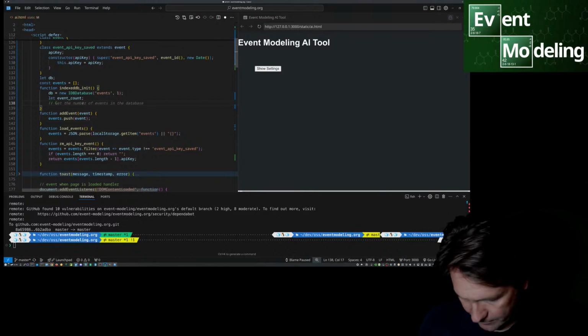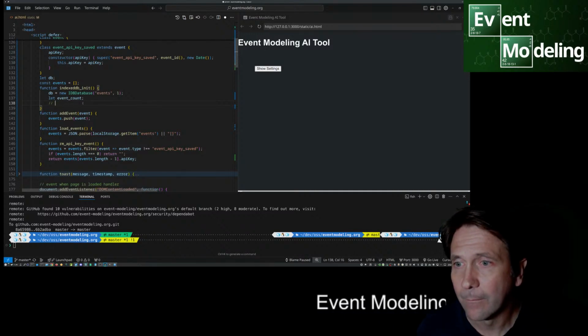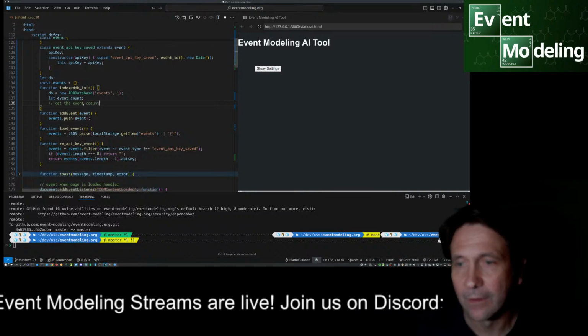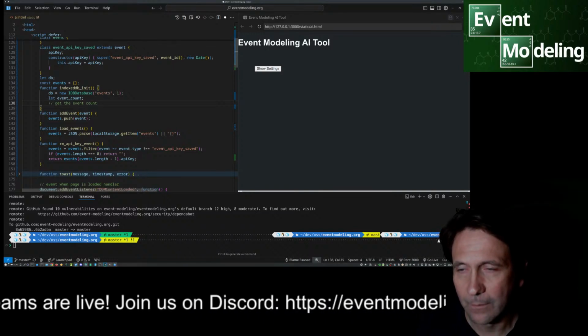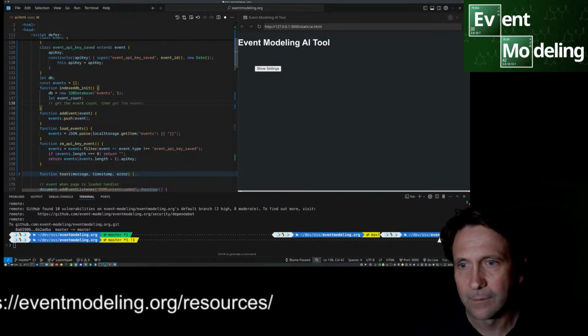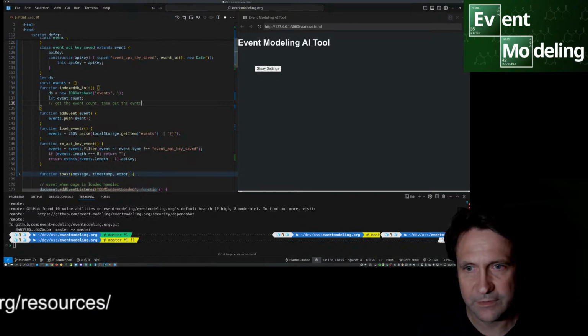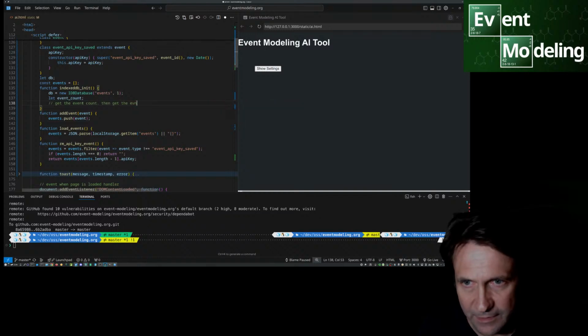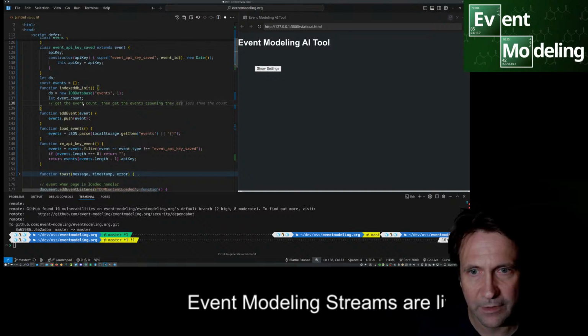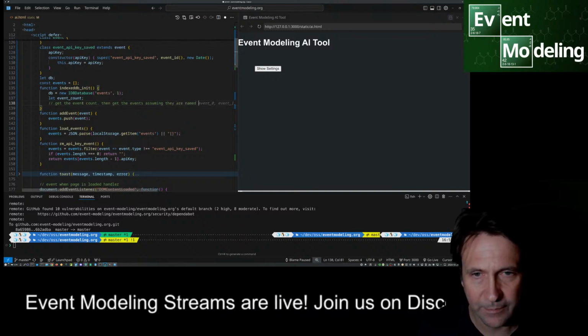Get the event count. Then get the events, assuming they are named